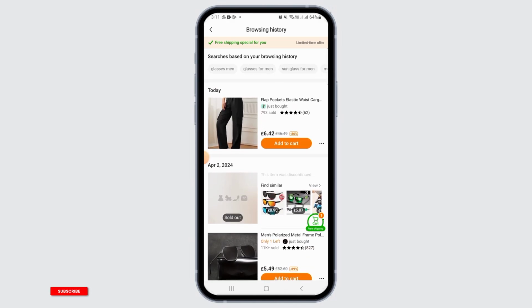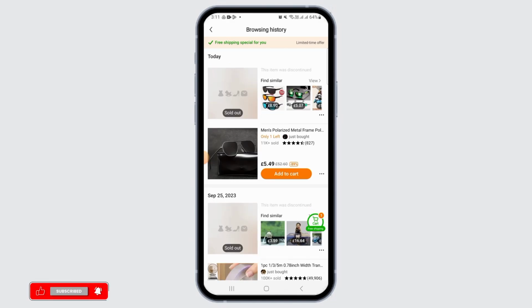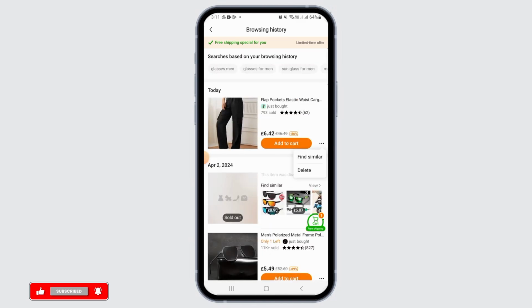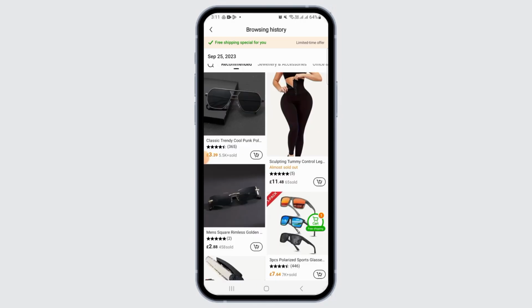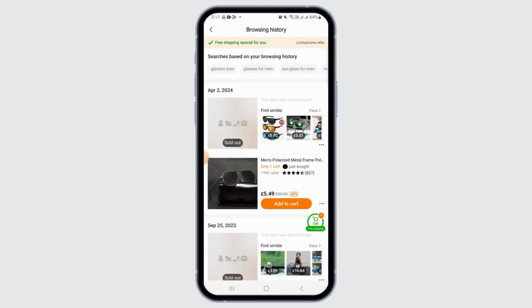Now, there is no way to delete all of the browsing history all at once, so you will have to follow this manual step and tap on the delete option. However, if there is a lot of history and you do not want to delete it one by one manually,